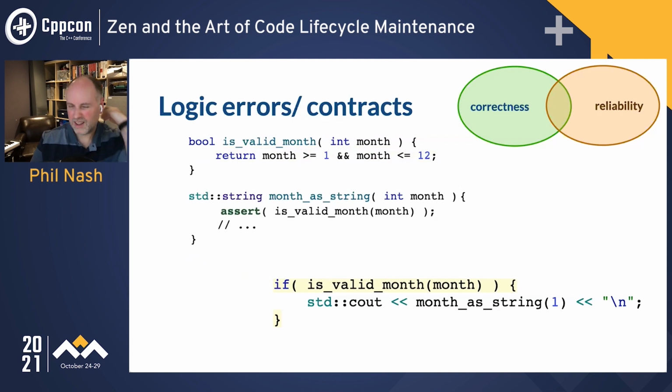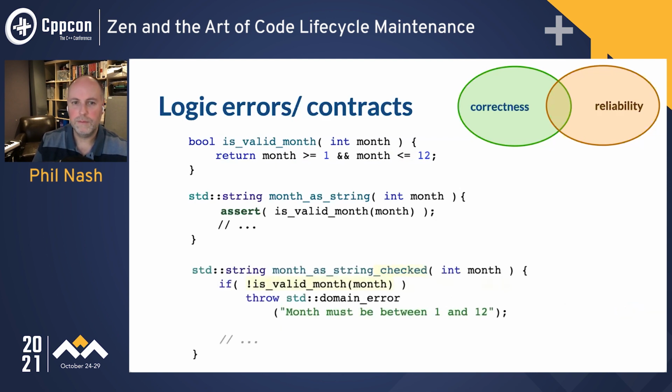Now you may decide that, well, I'm doing this a lot. I'm converting these month numbers to strings and I'm always having to check. It's a bit tedious. So maybe you'll write a function month for string checked that internalizes that check as well. Throws an exception if it's invalid. Okay, you can do that. You may want to switch that round so that it's the unchecked one that gets the longer name. And now what you've done is you've made the one that's easier to call, because it's got a shorter name,